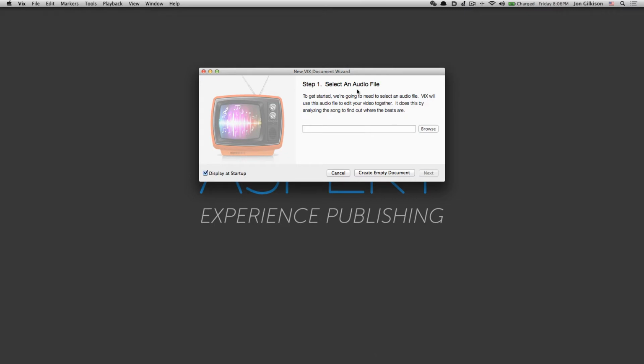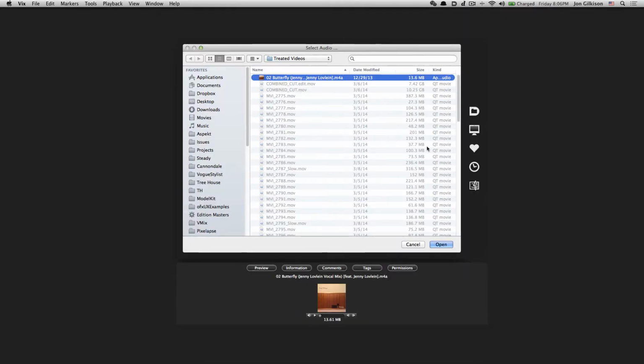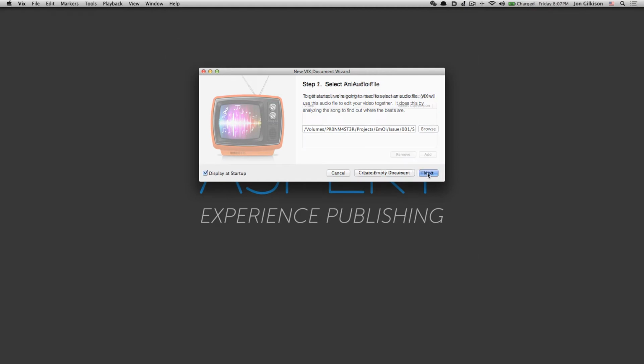And when you launch VIX, you're going to get this new document wizard, and it's just two steps. Pick your audio file, pick your videos, and then it'll get you started. You can optionally just create an empty document, start from scratch, but we're going to use the wizard. The first thing you're going to do, of course, is pick your audio file, and we're going to use this track by Dirty Mackenzie from Minneapolis. It's a very dope piece of music. You can preview it here. So we'll just open that up, click next,